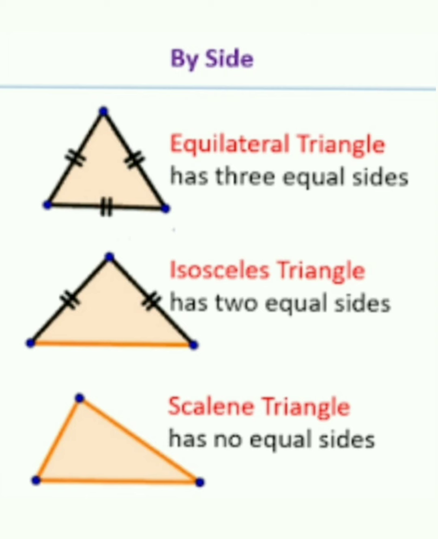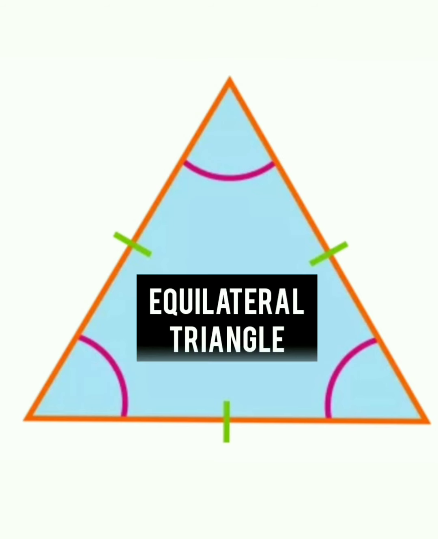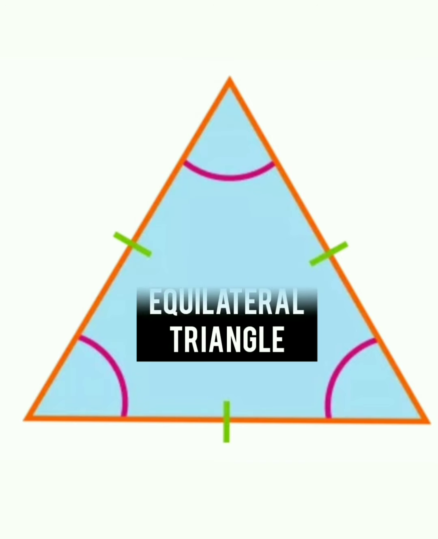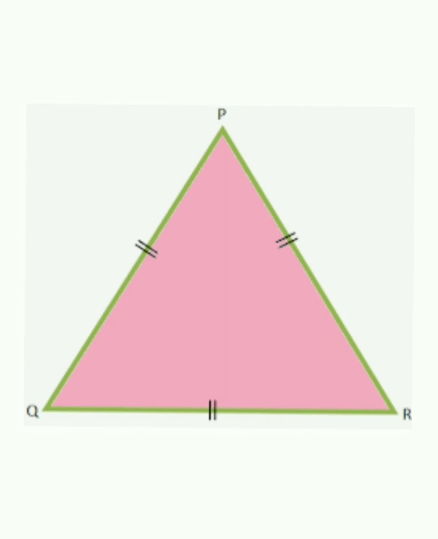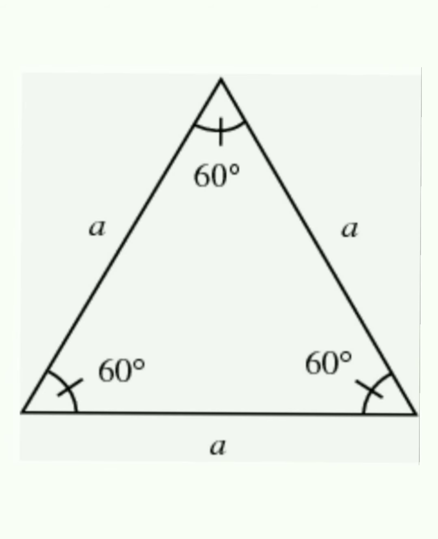Step number 2. Classification of triangles on the basis of their sides. Types are equilateral triangle, isosceles triangle, scalene triangle. Number 1. Equilateral triangle. The definition is given in the name itself. Equi means equal and lateral means sides. That means a triangle in which all the sides are equal is called an equilateral triangle. Here in triangle PQR, PQ is equal to QR is equal to RP. Since all the sides are equal, all the angles of an equilateral triangle are equal, with each angle measuring